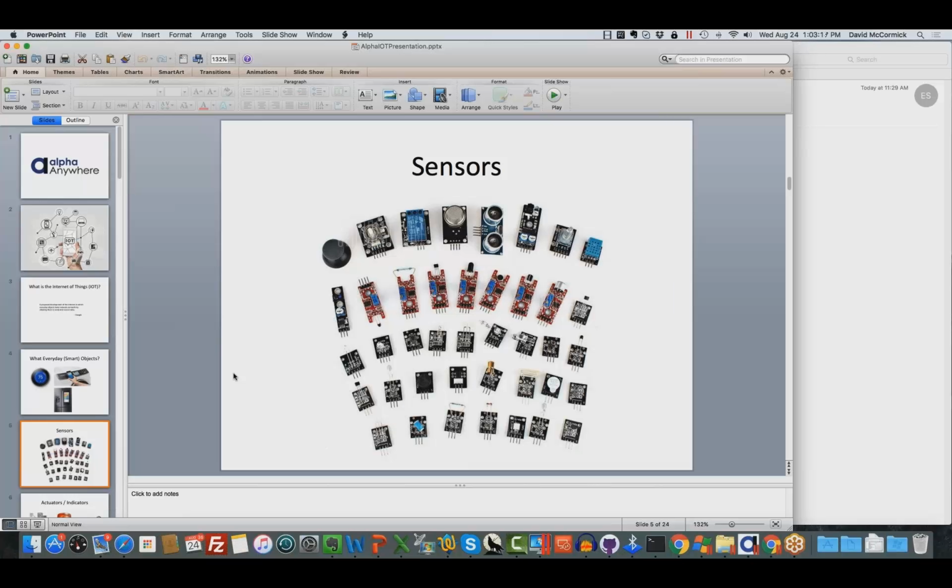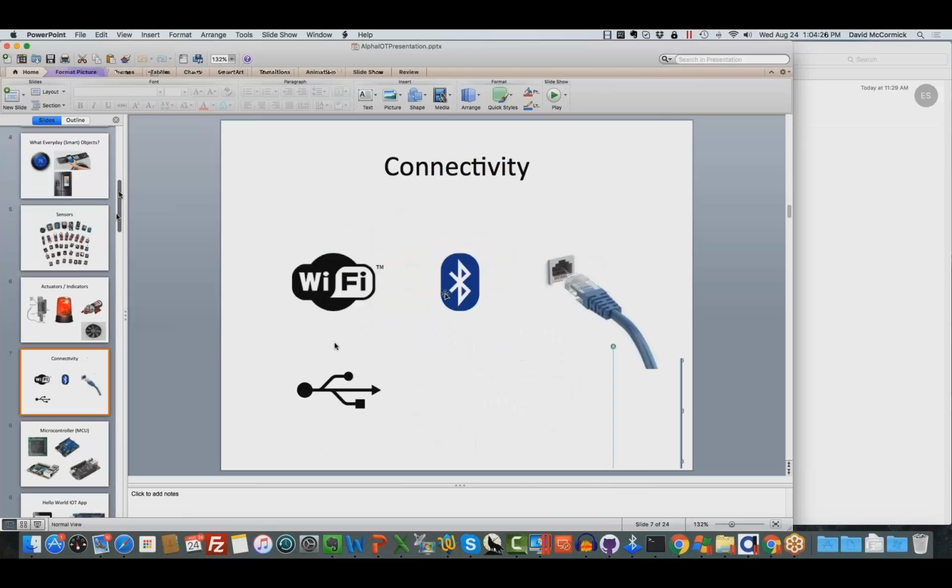This is a water pump. Here's a fan that you might see in a warehouse, for example. These are all things that could be controlled with electronics and can be part of the Internet of Things universe. Now, it's not really the Internet of Things unless there is some sort of connectivity. And here are 4 popular ways to connect devices to networks where they can interact with other computers. Wi-Fi, very popular. Bluetooth is another one. Some devices are still just plugged into plain old Ethernet connections. And yet another is USB, if you're going to plug a device into another computer.